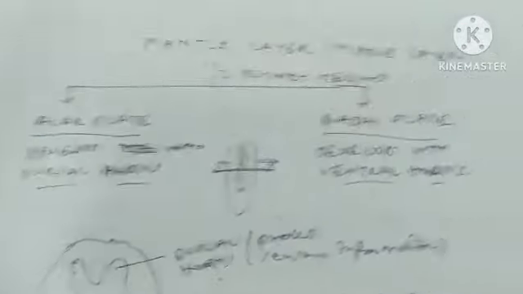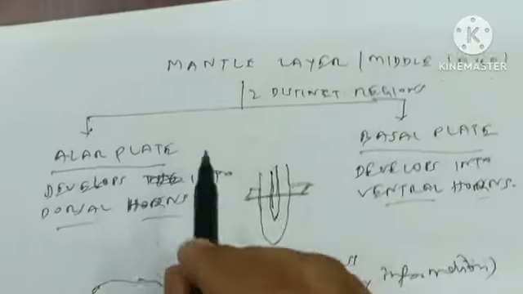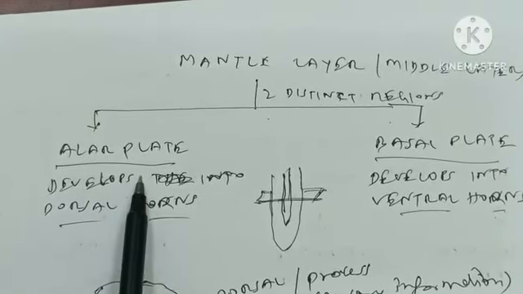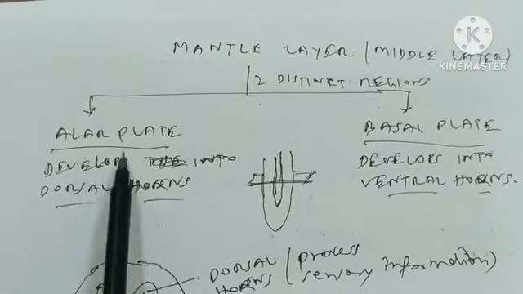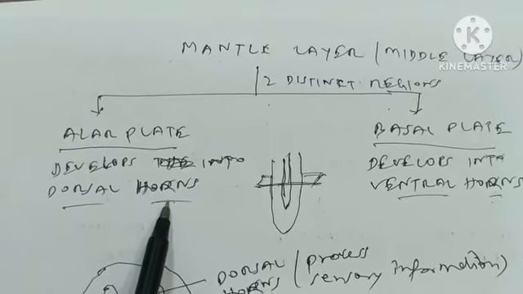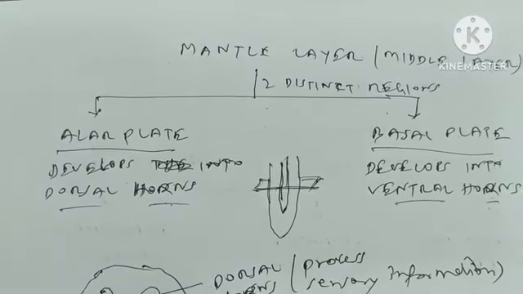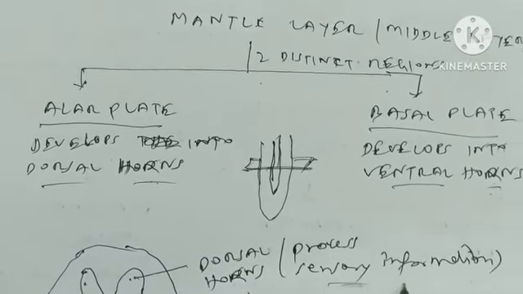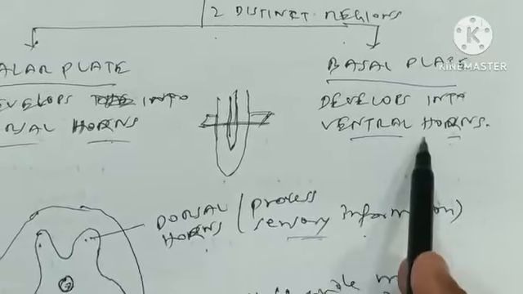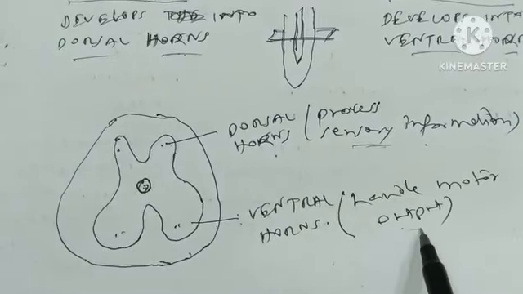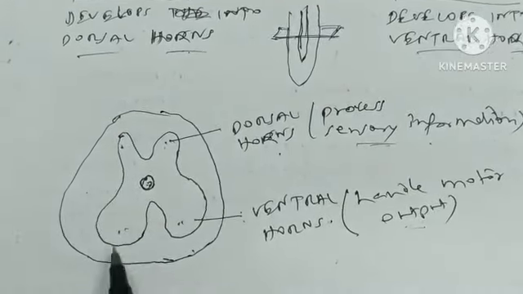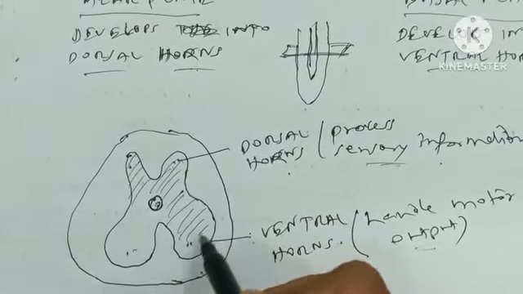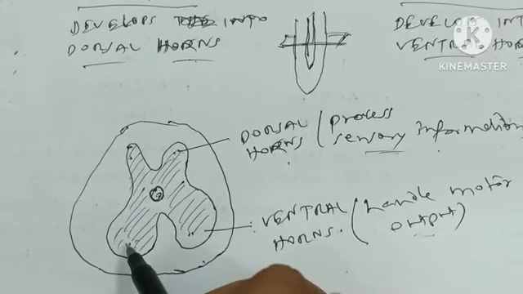So if we see the middle layer, which is called the mantle layer, it is separated into two distinct regions. One is the alar plate, another one is the basal plate. The alar plate develops into the dorsal horn, and the dorsal horn is responsible for sensory information. The basal plate develops into ventral horns, and ventral horns handle the motor output. So these are the dorsal horns and these are the ventral horns, and this entire thing is gray